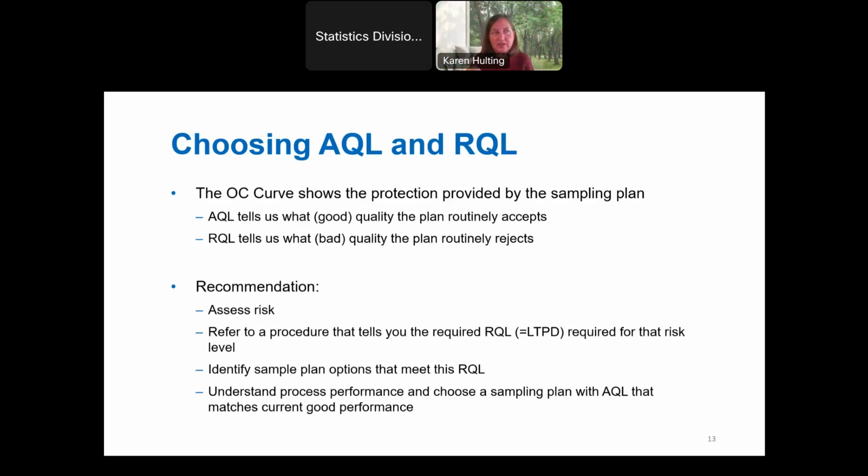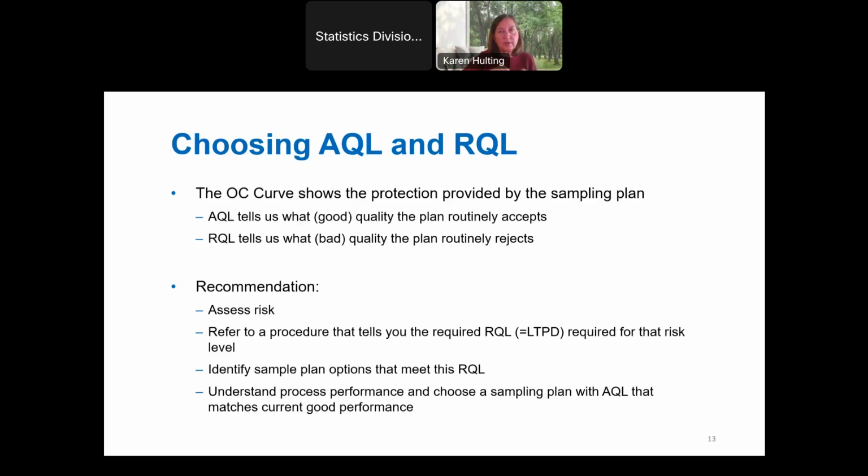Then ideally you would have a procedure that takes all of your risk levels and has a little table that says, what's the LTPD for each of those risk levels? Now, that little table is often a hot potato, right? Nobody wants to be the one that says, for each of these risk levels, how much risk can we accept? Because we want to accept no risk, right? But we have to decide in this industry. Say we had 3 risk levels for a simple situation, then you need to decide what are the LTPDs or RQLs that are okay for that level of risk.